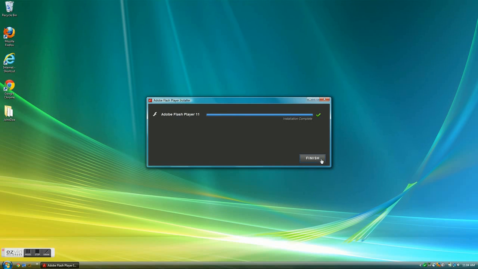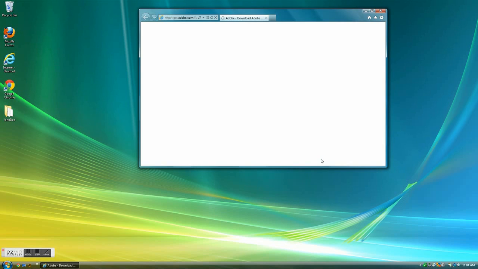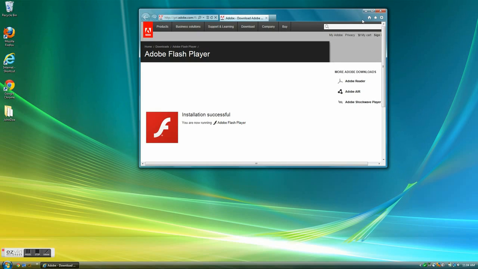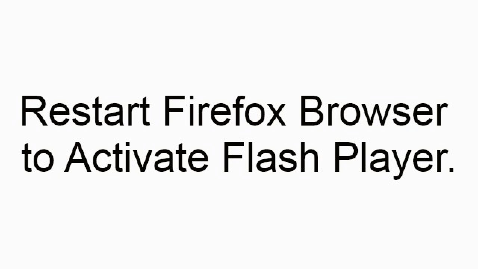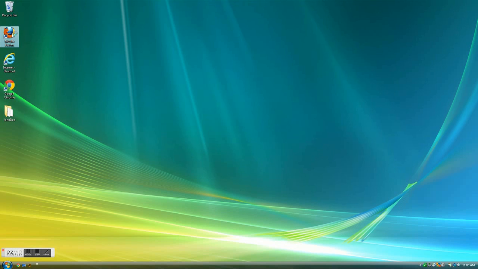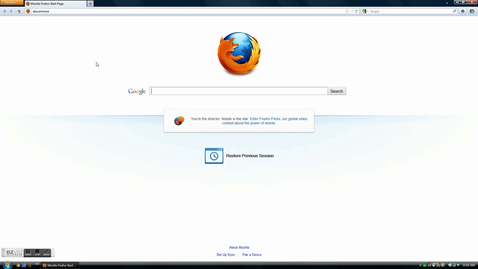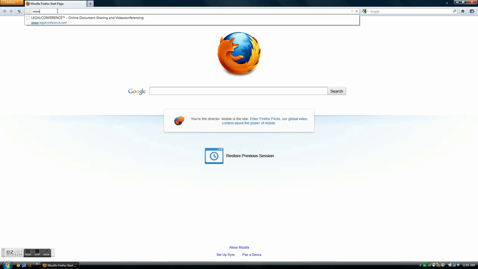Now that the Adobe Flash Player has been installed, click on Finish and close the sample. We will need to restart the Firefox browser to activate Flash Player. So click on your Firefox icon. Go to the address bar and type